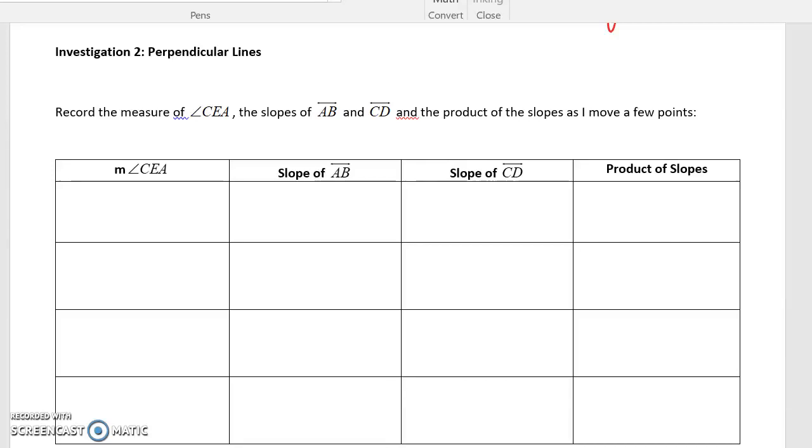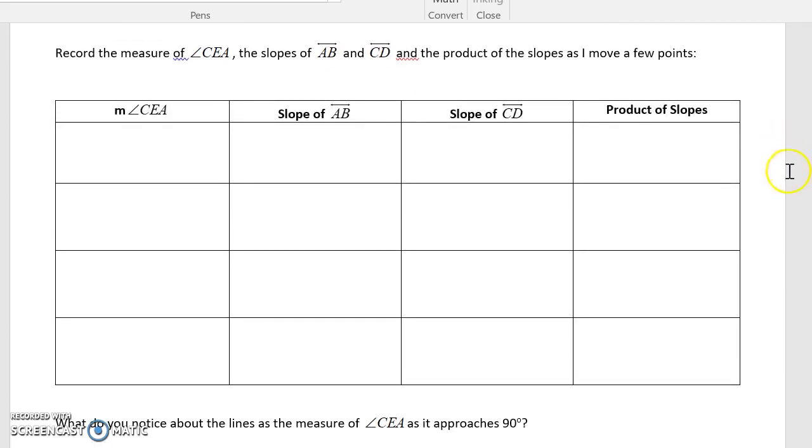For this second investigation, we're going to be taking a look at the conditions of perpendicular lines in the coordinate plane. So again, we're going to do the same idea. We're going to look at the measure of angle CEA. We're going to look at the slopes of lines AB and CD. And this time we have to look at the product of the slopes as well. So going back to Sketchpad, please have your calculator handy because you're definitely not going to want to compute these